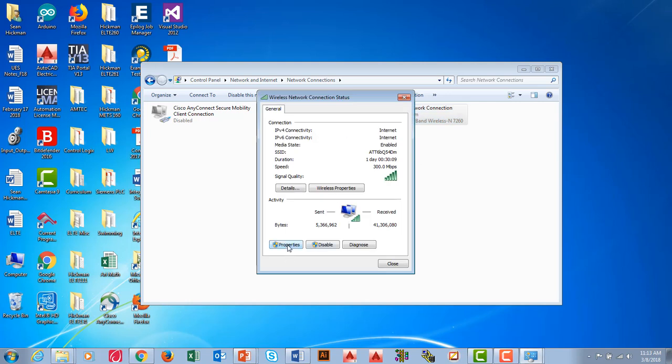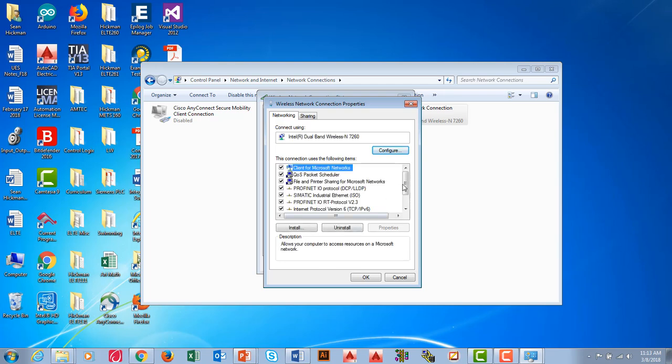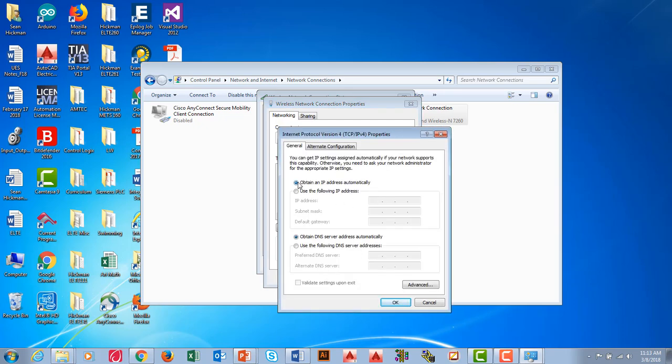And I want you to go to Properties. Okay, and then we're going to go to TCP/IPv4 right here. And you're going to see that this is selected on yours: obtain an IP address automatically. Okay, so what does that mean? That means when I connect this computer to the internet, it is going to find an address where it can